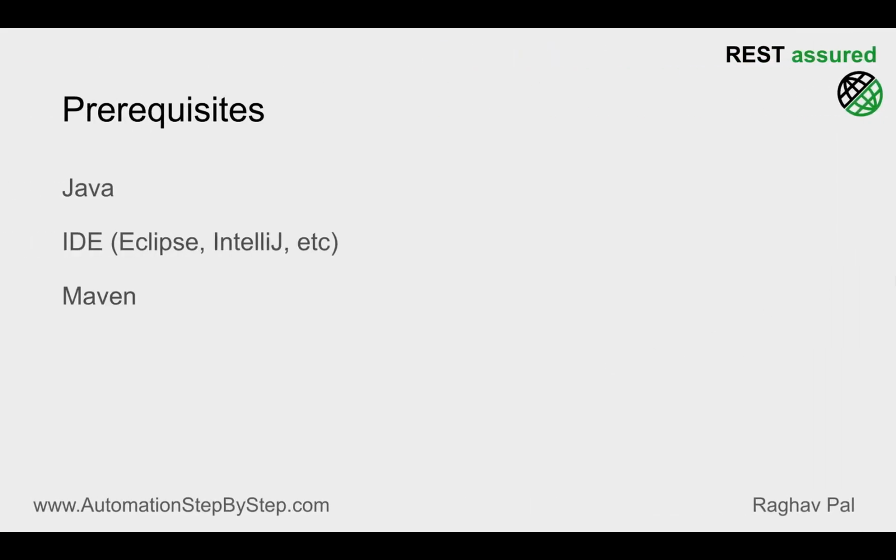Then we need Maven. Now Eclipse will have Maven inbuilt, and as long as we are running our project from Eclipse, we will not need to install Maven separately on our system. So you can skip this for now. We will just be using Eclipse in the initial session, and then when we want to run from command line, we will need to install Maven on our systems.